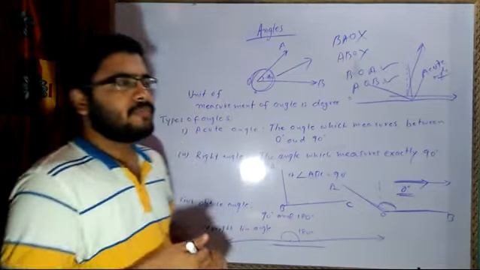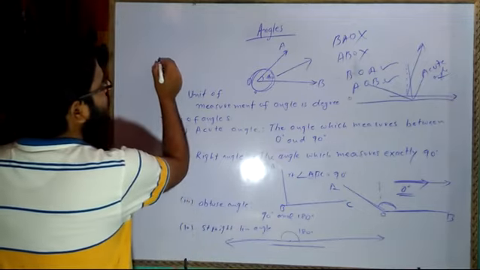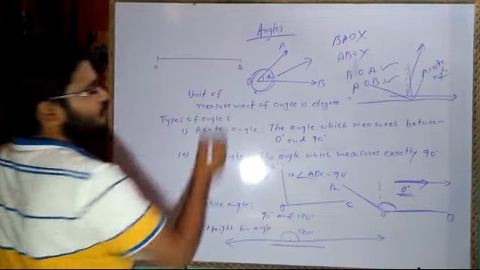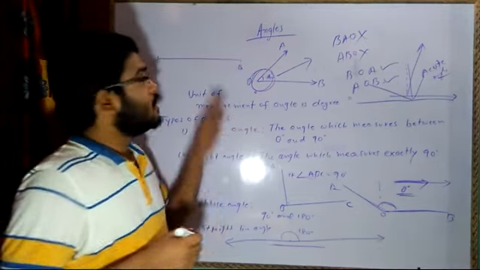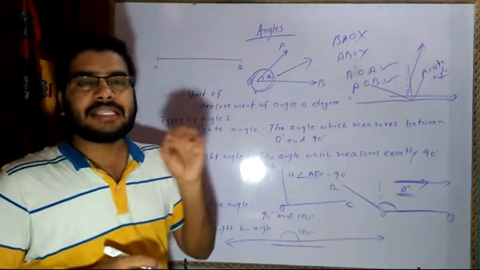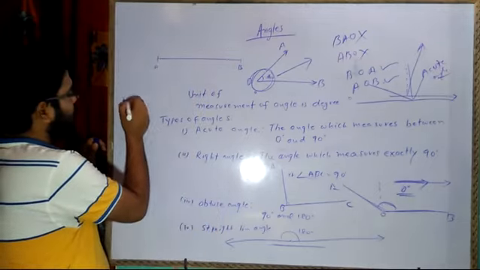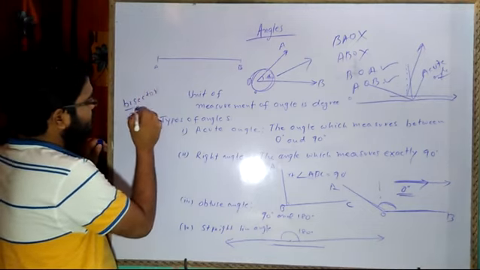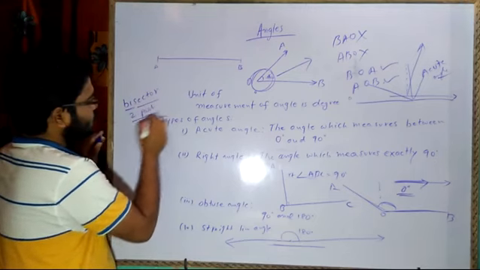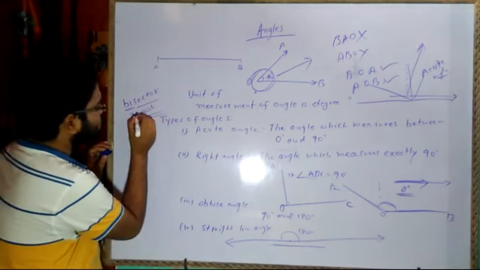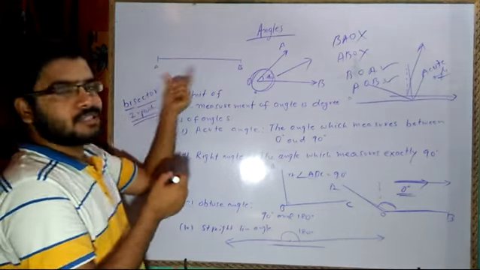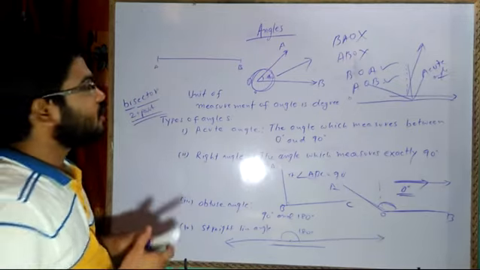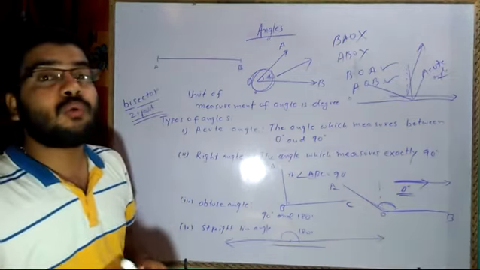Now we have one more term, that is perpendicular bisector. Suppose I have a line AB. This is the line AB. So first let me explain to you what is bisector. The word bisector: bi means two, sector means part, two parts. But bisector means two equal parts. Sector means section and bi means two. So the literal meaning of bisector comes out to be two parts which are of equal measurement.